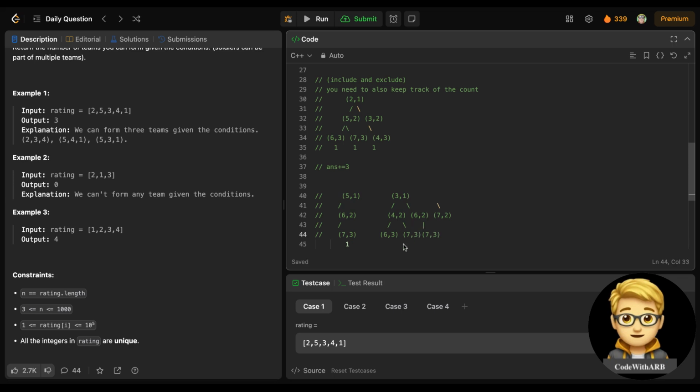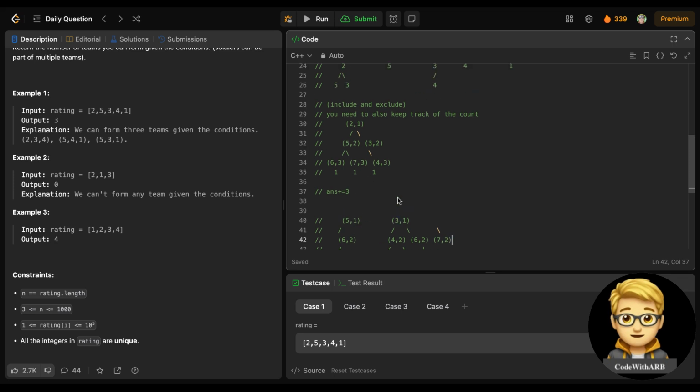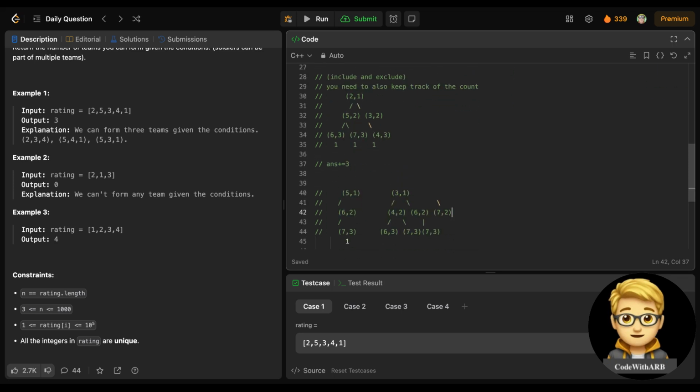7 3 is possible. So if you see one thing here, before this 3 1, this 6 2 and this 7 3 is repeating, right? 7 2 we have already seen here in this 5 1, because if 5 1, 6 2 is also possible and 7 2 is also possible here, right? So basically, if you see,